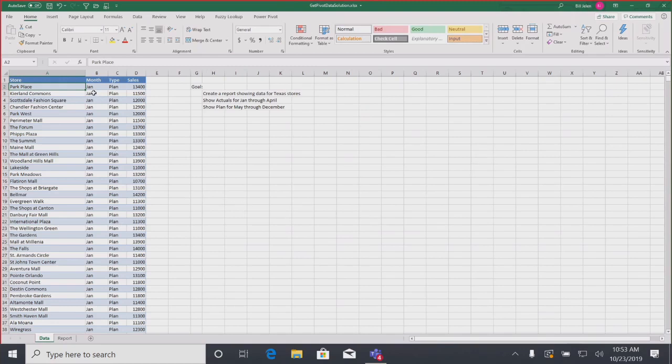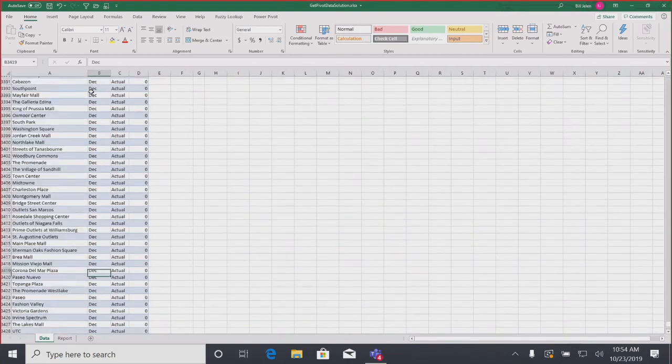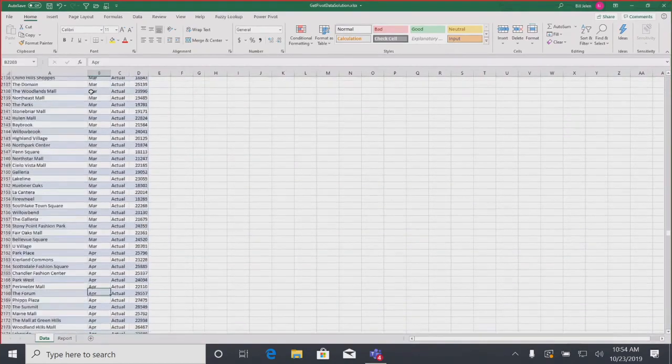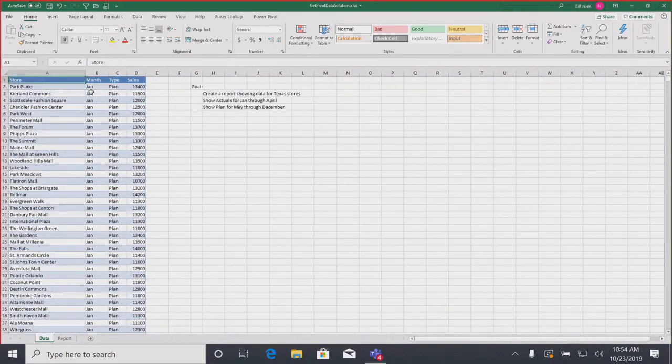All right, so here I have a report here, 150 stores in column A. For every store, I have a plan for January, and then after that, a plan for February, all the way through December. I have a plan for all 12 months. And then we start to get actuals, right? So as we're going through the year, like I now have actuals up through April, right? And my manager wants stores down the left-hand side, months going across the top. If I have the actuals, he wants to see it. So January, February, March, April, actuals. After that, just the plan.